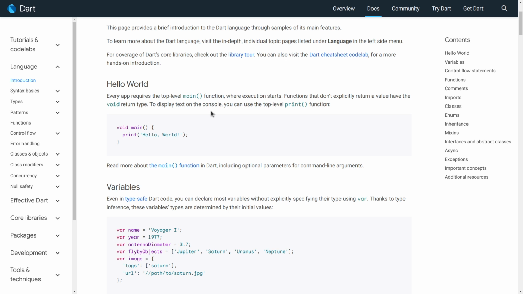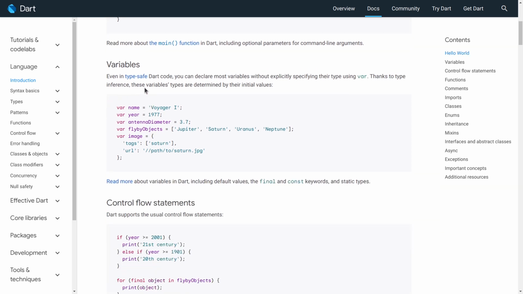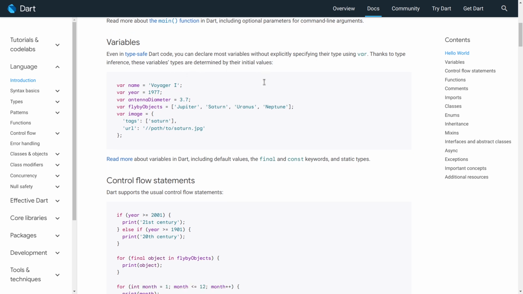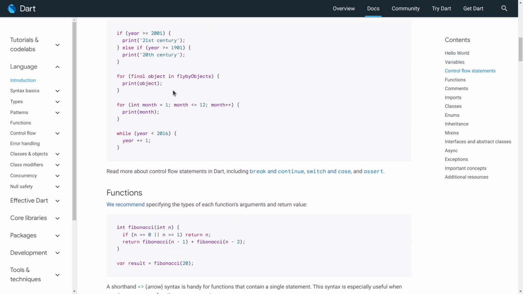To display text on the console, you can use the top level print function. Okay. Variables. Even in typed Dart code, you can declare most variables without explicitly specifying their type using var. Thanks to type inference, these variable types are determined by the initial values. Okay. Control flows, if statement, for loop,